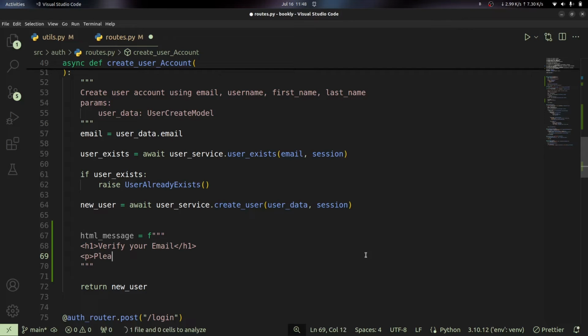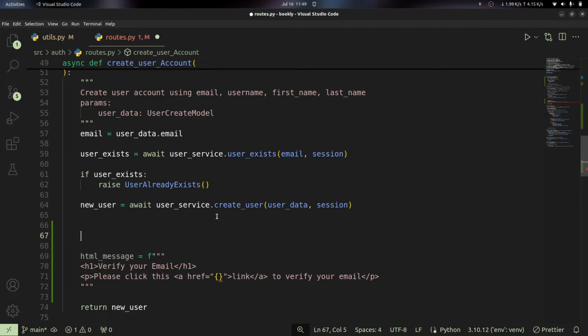We shall just tell them to please click this link to verify your email, and then we can provide the link. So I'm going to first of all close this paragraph, and then I'm going to make a link. This is going to be our anchor tag with an href. We're going to be providing the link that's going to be used to verify the email inside here. So I'm going to go ahead and close this, then I'll close the anchor tag, and then I'll put our link right here. So our email verification link is going to be one for, let's say,